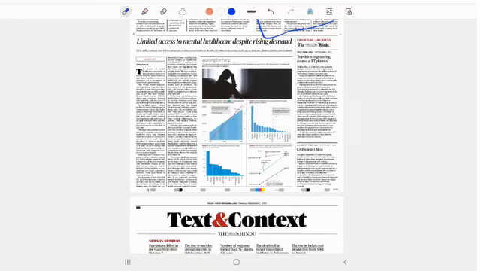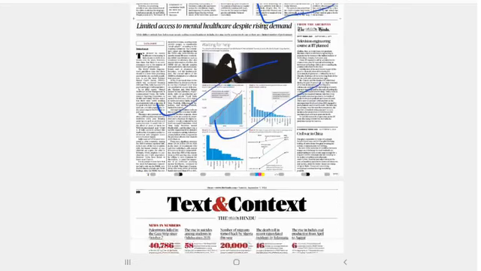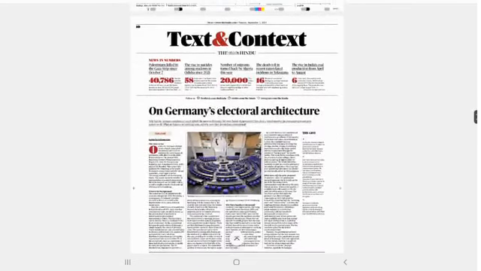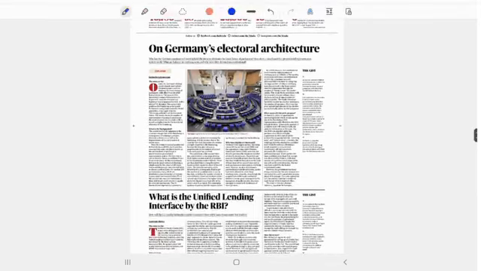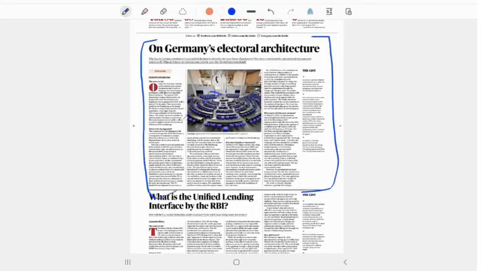Limited access to mental health care despite rising demand. This is also important, this news also. See, here you can see business news. If this is related to Germany's electoral architecture, if this news is related to India, you can go through this. Otherwise, you may think it is not related to India. Even though you should read, because if this is related to